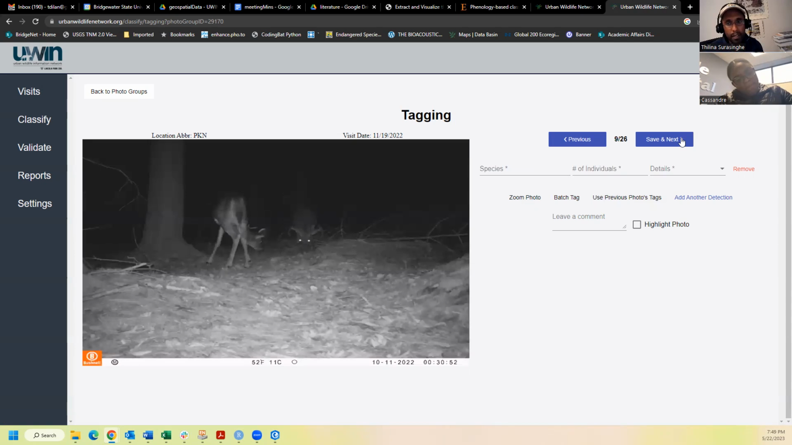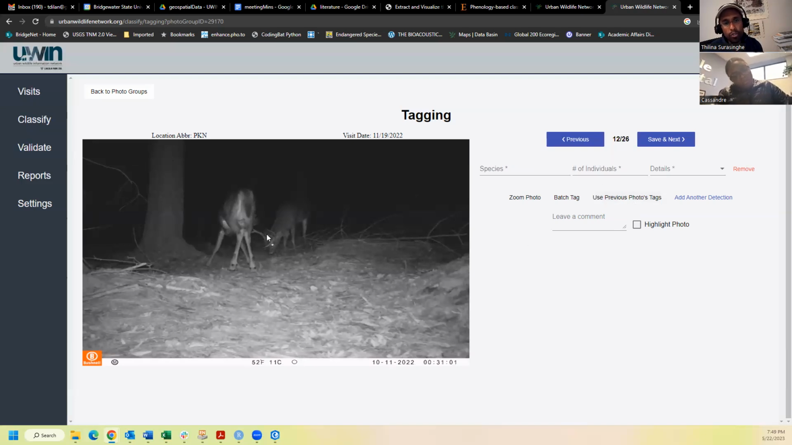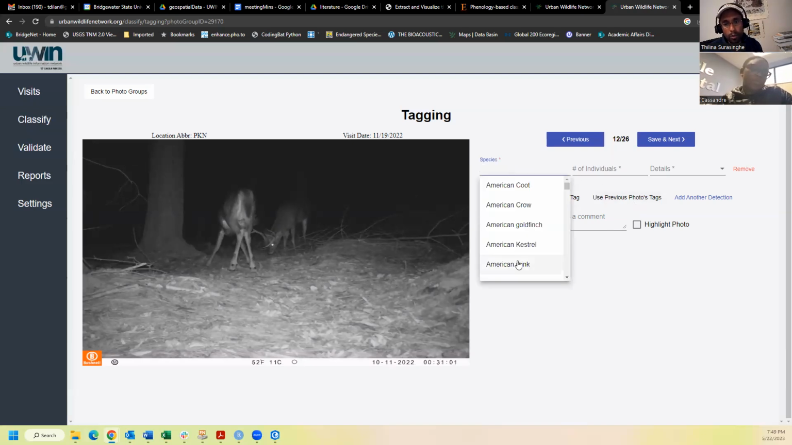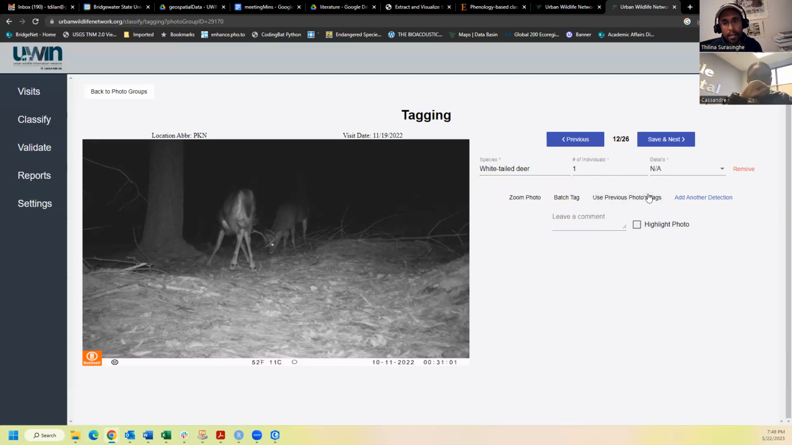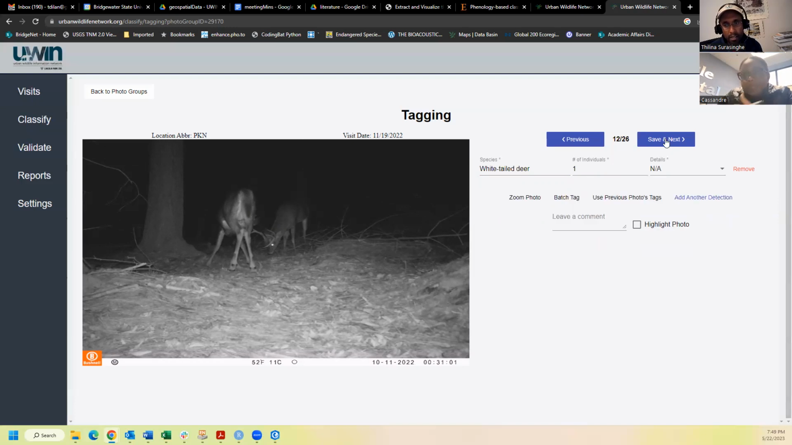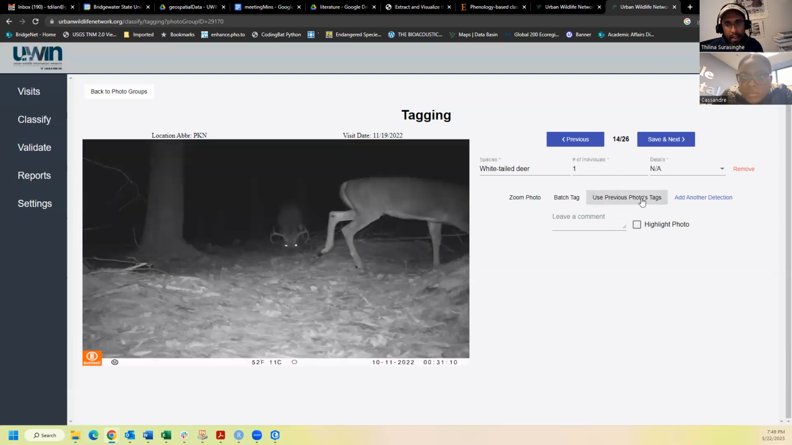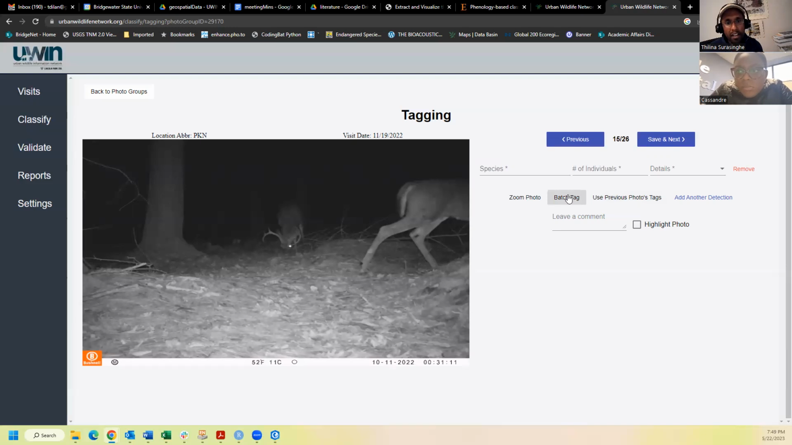It's white-tailed deer as well. That's white-tailed deer as well. That's also white-tailed deer until you tag all of them. Now let's assume you see another species. You have a white-tailed deer, and then let's say there was a different species. You click add another detection and type in what that particular species is, and then you hit that. Again, you see two white-tailed deer. That's the same. Since you're realizing that it is white-tailed deer over and over,